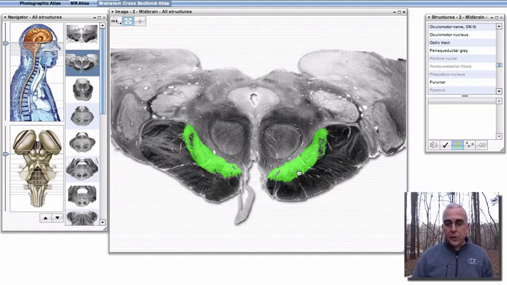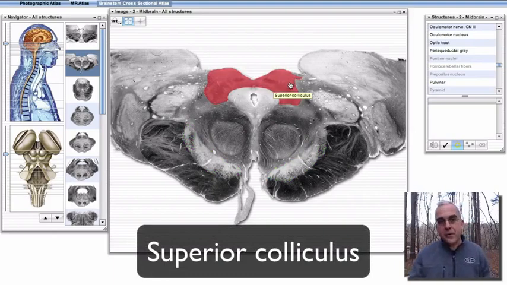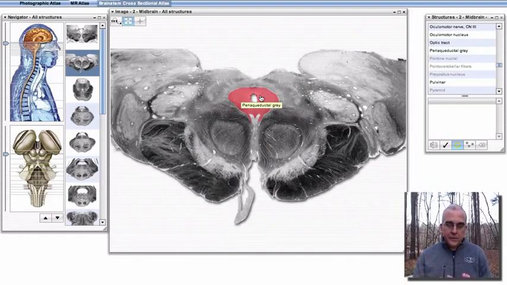Okay, let's look at the dorsal part of the midbrain. And again, if we think about what we see from the outside when we look at the midbrain, you may recall that there are these 4 bumps that we see from the outside. They're called little hills or colliculi, which means little hill. There are a pair of superior colliculi and a pair of inferior colliculi. We are at the level of the superior colliculus, the superior of these little hills, one on either side of the midline. And just below the superior colliculi, around the cerebral aqueduct, is a bit of gray matter that we